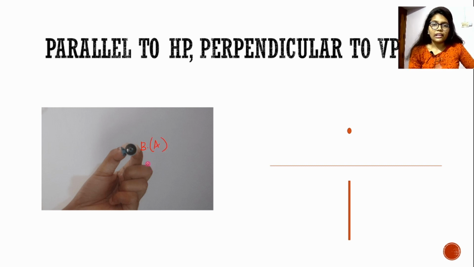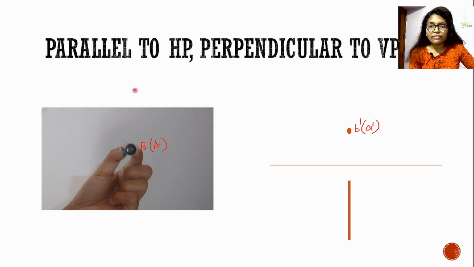Here you are seeing the B portion and A is behind, which we cannot see. So similarly, we have to go for a front view. As I said, what you see on the screen is your front view and you see clearly the point B. So B is very evident and A is behind this point B. So we have to write the point A dash inside a bracket because we are unable to see it.